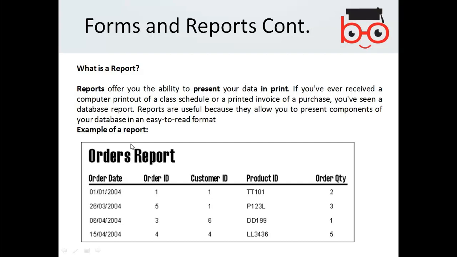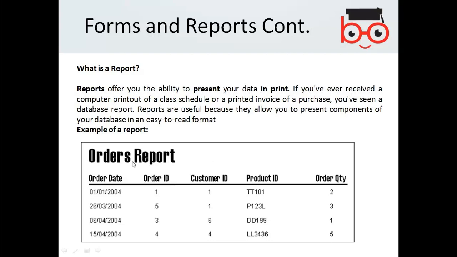So you must have seen, this is a particular order report. The particular orders were placed on particular dates. The order IDs are given, customer IDs are given, product IDs are given, and total quantities are given.